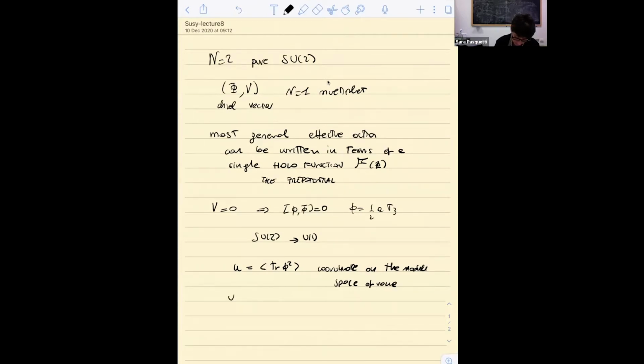Classically, u is more or less a squared over 2. But when we have quantum corrections, u is the trace of phi squared. And the reason why we are going to take a squared rather than a as a coordinate is because this is a Weyl invariant